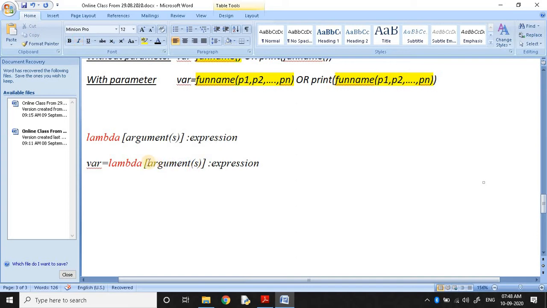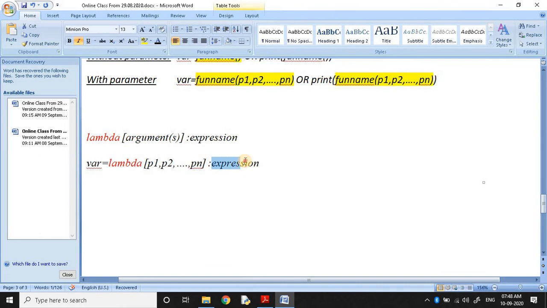Arguments may be parameters P1, comma, P2, comma, etc., Pn; any number of parameters you can define. Expression means you can perform any kind of operation. Here the expression is evaluated using these parameters.